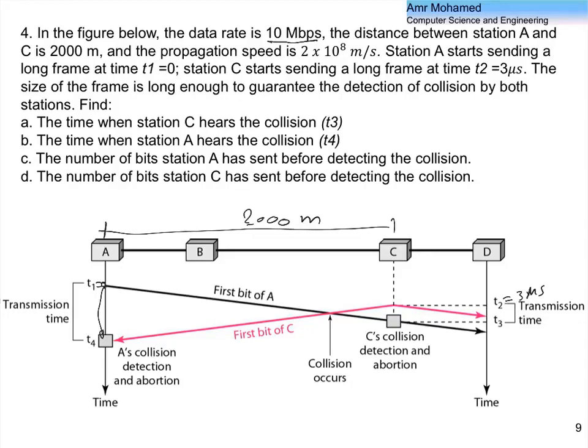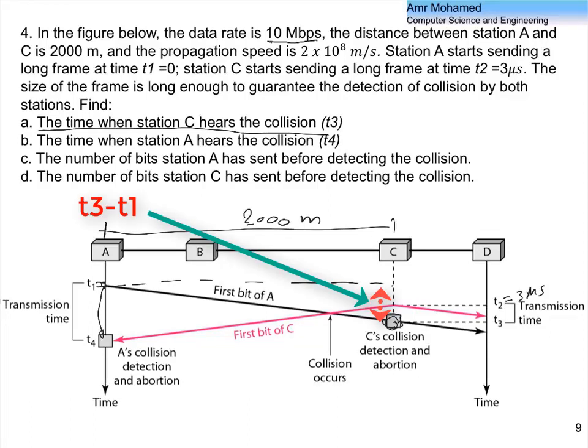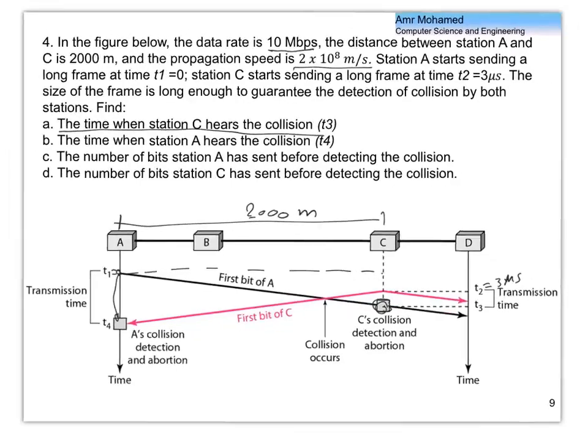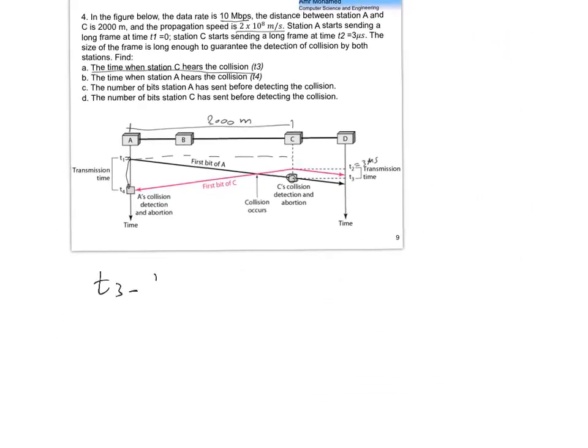So the question here is asking to find the time when station C hears the collision, or time t3. Basically this time is based on, when we start here, what is the propagation time, or the time we take to propagate all the way to C. Given that the distance is 2,000 meters and the speed is this, we can calculate the propagation time, which is simply t3 minus t1 equals the distance divided by 210 times 10 to the power 8,